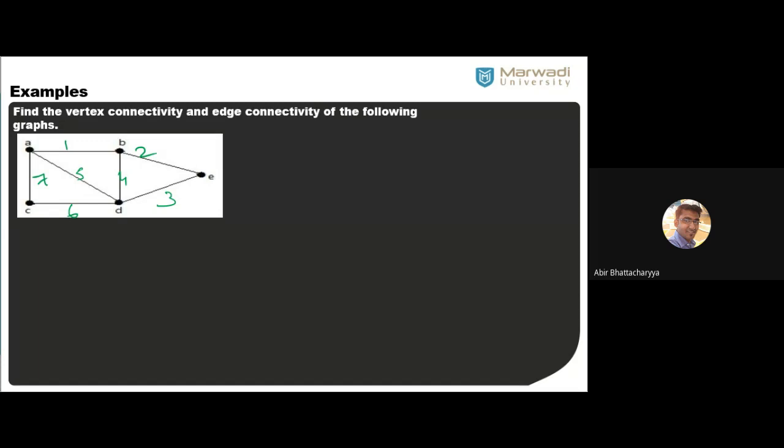Again, you don't need to draw any spanning tree here. I'm only asking about cut sets. In this case, for VC and EC, the only thing you need to take care about is cut sets. A spanning tree is only possible in the case of fundamental cut sets and fundamental circuits. But this is VC and EC, so only cut sets.